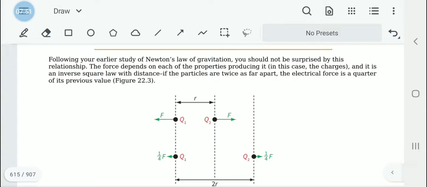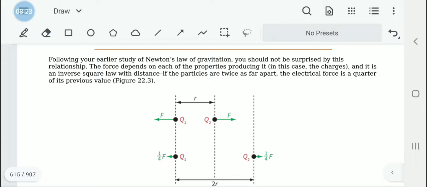This relationship is quite similar to that of Newton's law of gravitation. The force will depend on the properties of the factors, that is, in this particular case it is the charges, right? And we say that it is an inverse square law with the distance. If the particles are twice as far apart, it is a quarter of the previous value,